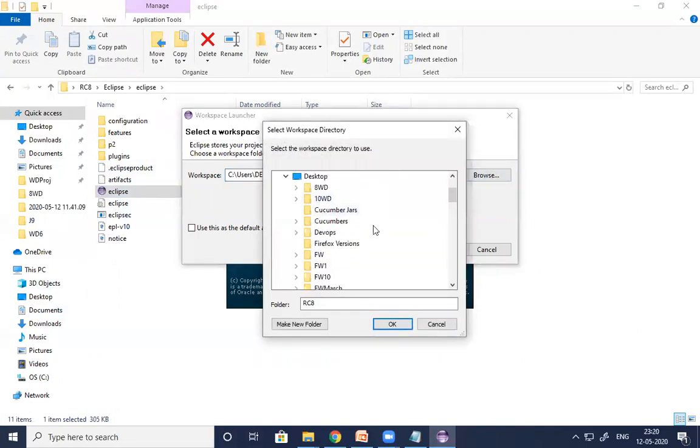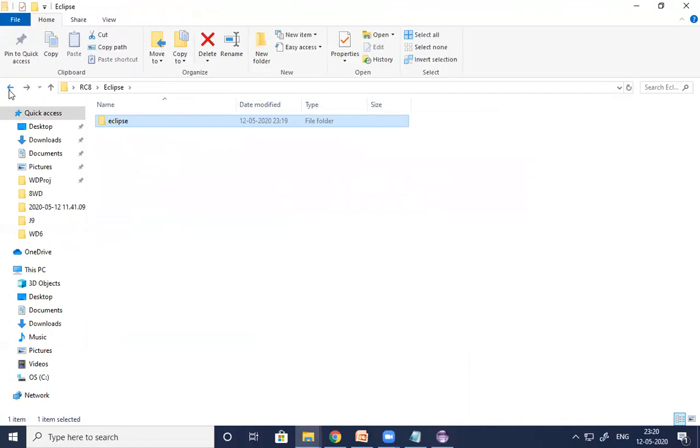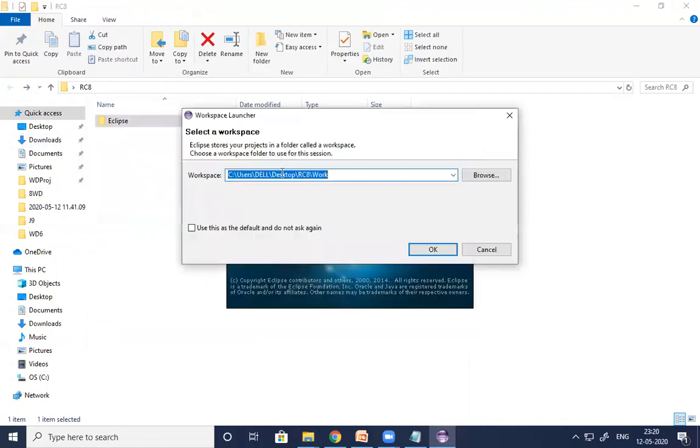I'm just keeping this workspace in the RC8 folder. So in the same folder, guys. What was the folder? It is RC8. In the RC8 folder, click on OK. I'm creating one subfolder called work. See, in the RC8 folder we don't have any work folder, but when you mention the workspace here and click on the OK button,